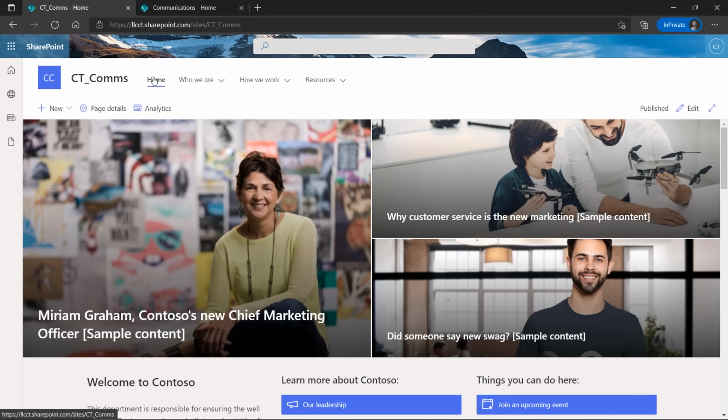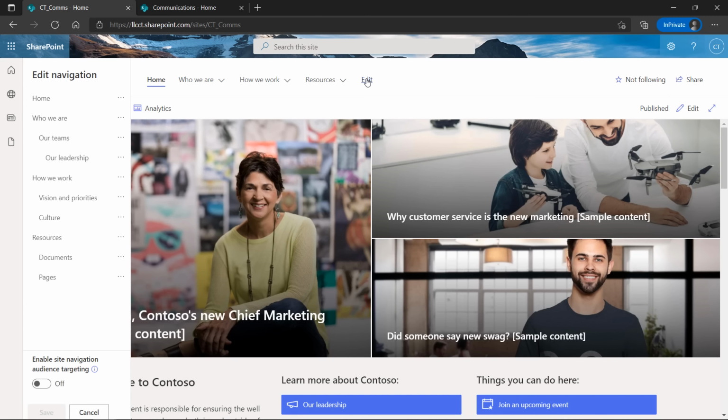So in here in my communication site, I only have these 3 default settings for my quick launch bar, and this is my quick launch bar. So if I go in here and I edit, I have the same options here that I have in my team site. I can still make all these changes, and the edit panel will still come up over here on the left-hand side, so you can see all that. But when you're done,